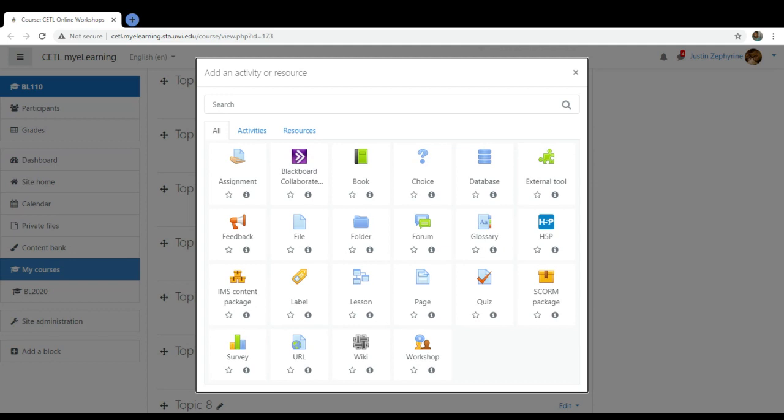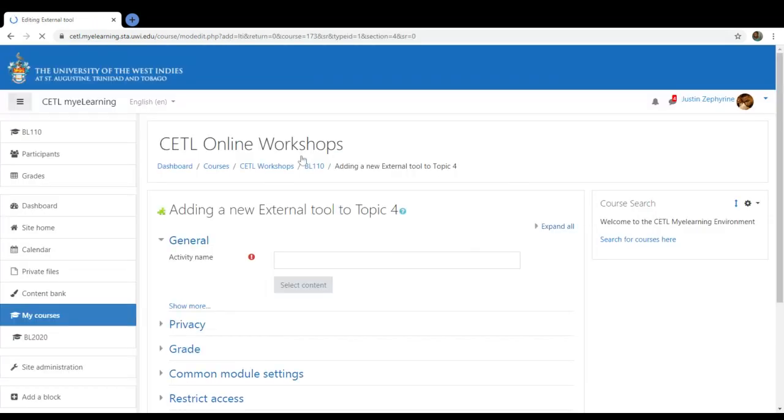So now the menu of icons here, they're all in alphabetical order. You would notice that Blackboard is B, so it's obviously second on the list, right? So you double click on Blackboard Collaborate, or just the purple icon. It's the only purple icon there. Double click on it, and it will take you to a new page.